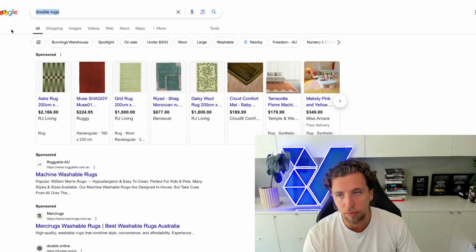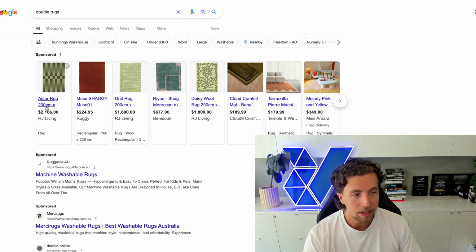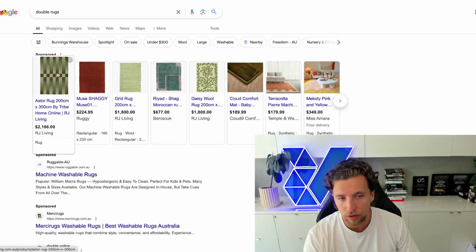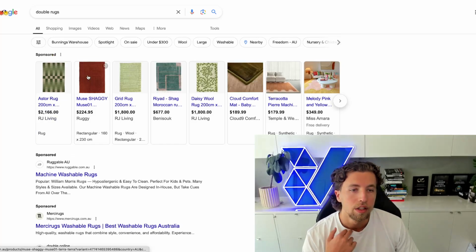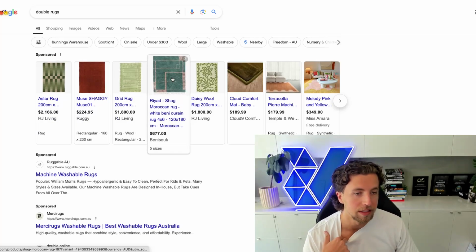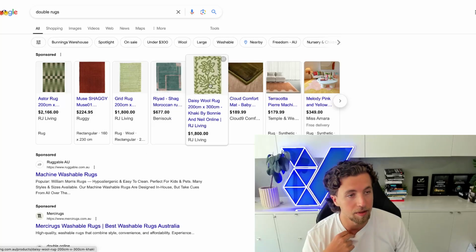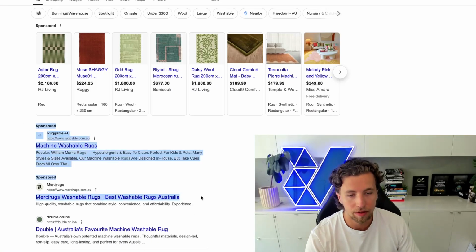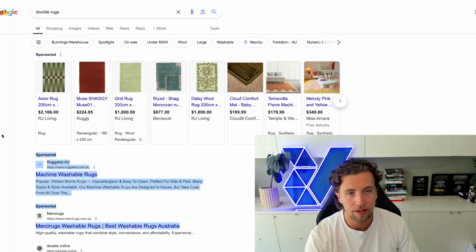So this is a rug brand in Australia. You can see none of their own direct-to-consumer products exist when you search for their brand. However, this is, once again, stockists or retailers stocking their products in some of these instances. Some of them they aren't, some of them they are. And then we can even see in the search results, they're also being outbid across branded search.